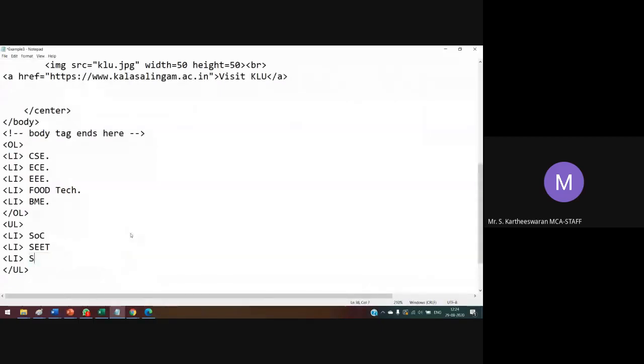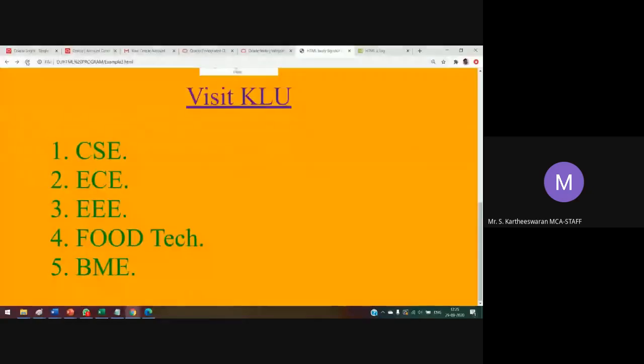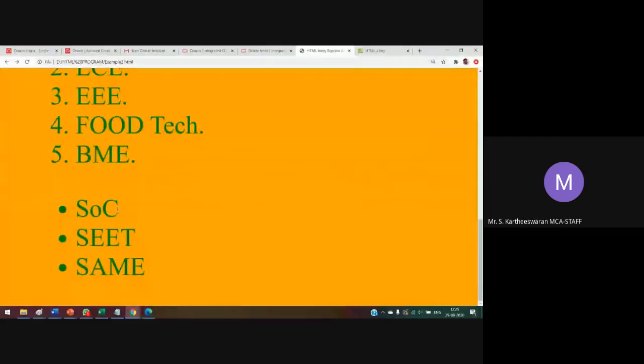This is another one, so you have to unorder it. Save and display it in your website. Below that, you will see, okay, these are all the school names. You have to use the unordered list type.